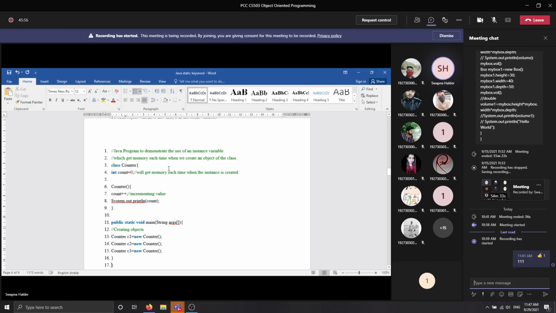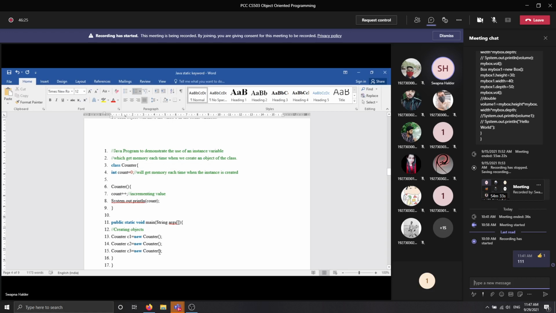Just try to do this program in your virtual lab, or on your PC if you have installed Java. But this is the concept. If you declare this variable as static, then what will happen? The memory will be initialized only once.